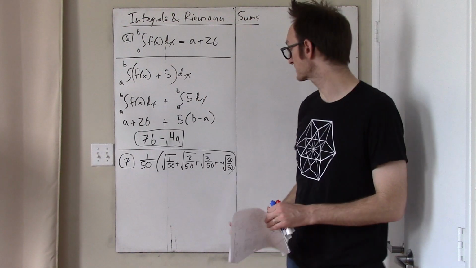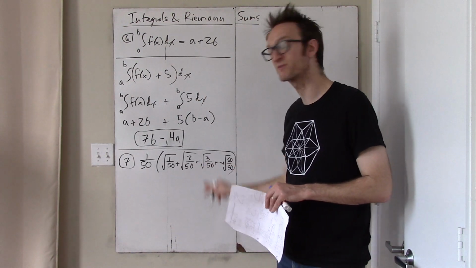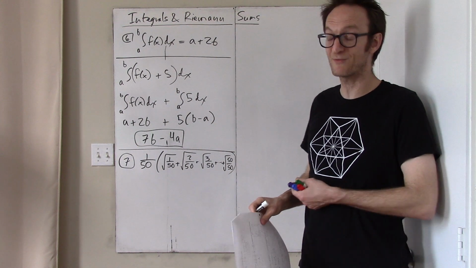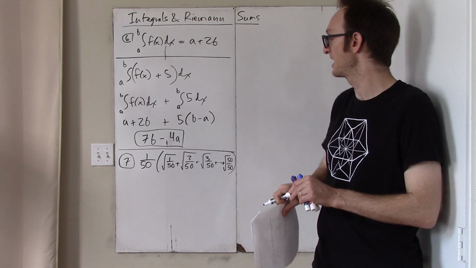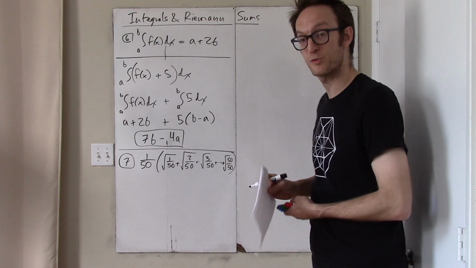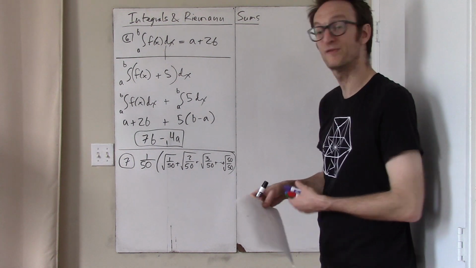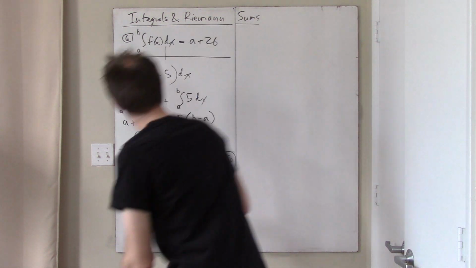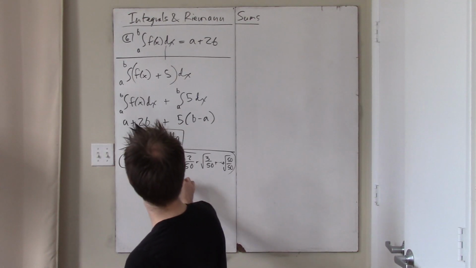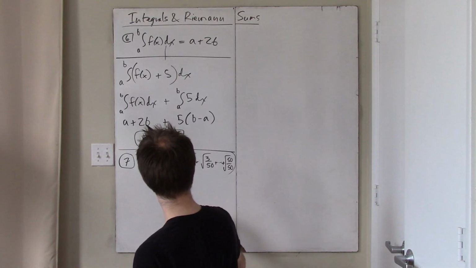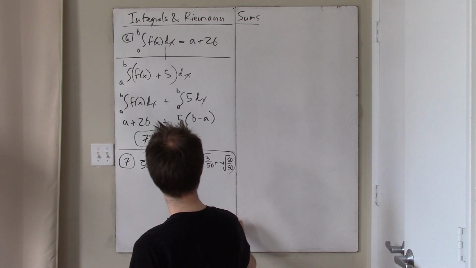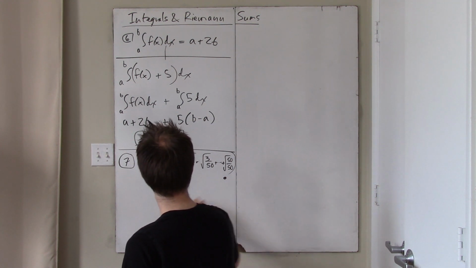Okay, what is this? Well, once again, you're supposed to be so comfortable with the definition of the integral as the limit of a Riemann sum that you just see right through this. Now, this is not quite a Riemann sum because we have only 50 subintervals, but you should still be able to see that this is the square root function, and it's the square root function from 0 to 1,